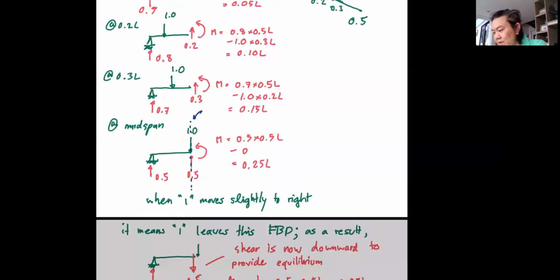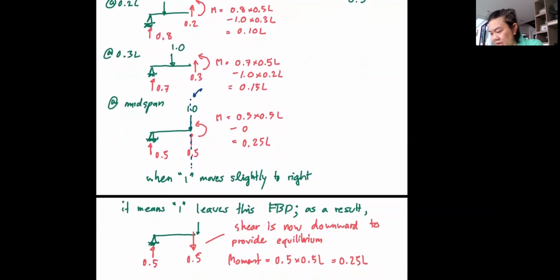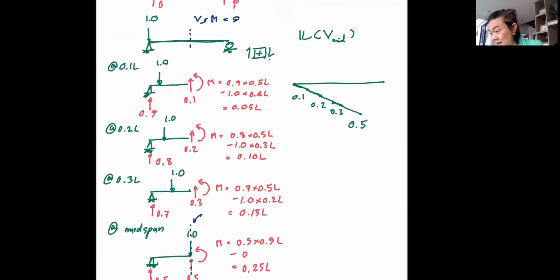So that means when your unit load reaches midspan, when it stays on this side, the value is negative. But once it moves away one tiny bit to the right, your shear changes from upward to downward. And you see this sign convention, when your shear becomes downward, there is a sudden change of